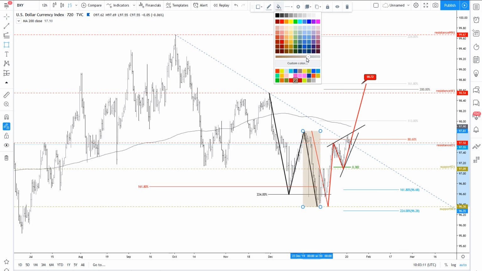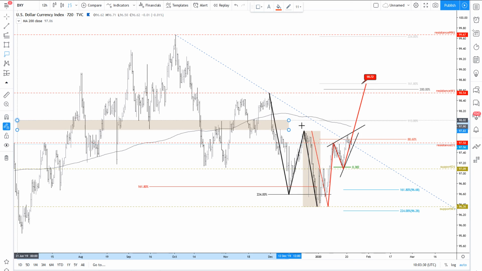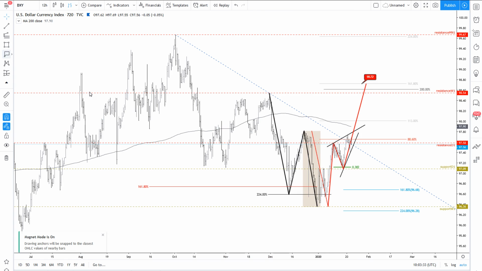So based on one extension from this swing low projected above this structural resistance, at 168 extension. Basically, we search for, as soon as the market violates this structure, and we can tag this price here at 97.82, so these previous structure highs. As soon as the market violates these, and if the market violates above these levels,